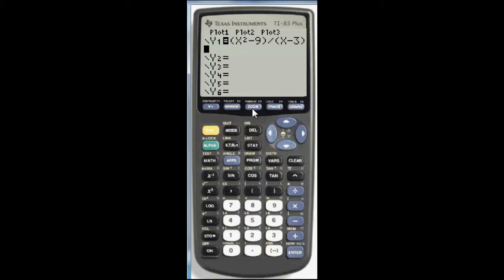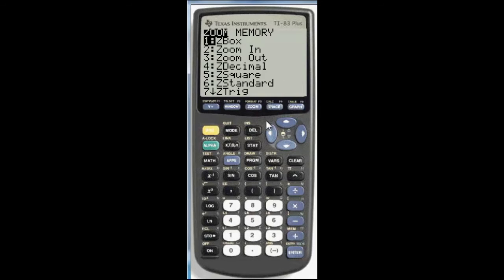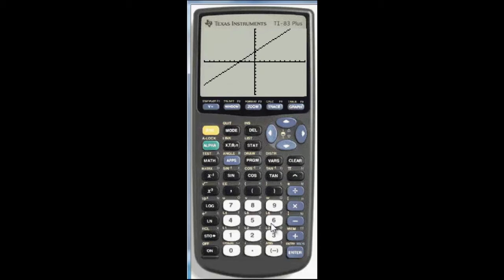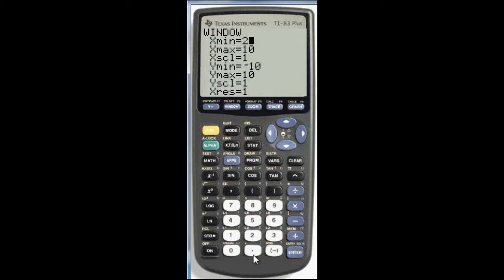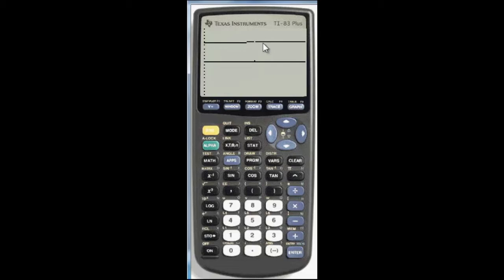Now if you use the standard window, zoom 6, you get something that looks like this. And we can't really see where x equals 3, so let's change the parameters of our window to zoom in on that point. Let's change the minimum x to 2.8 and the maximum x to 3.2. And if you go back to the graph, you can see at x equals 3, there's this little hole here,